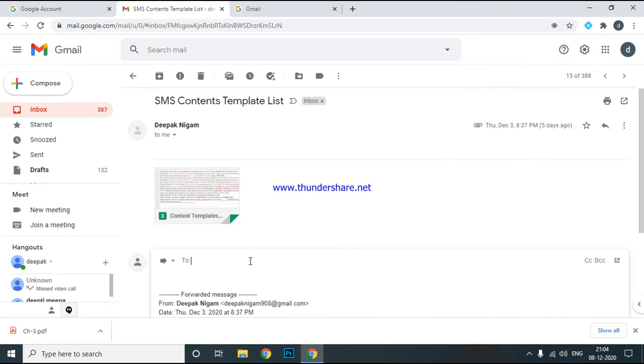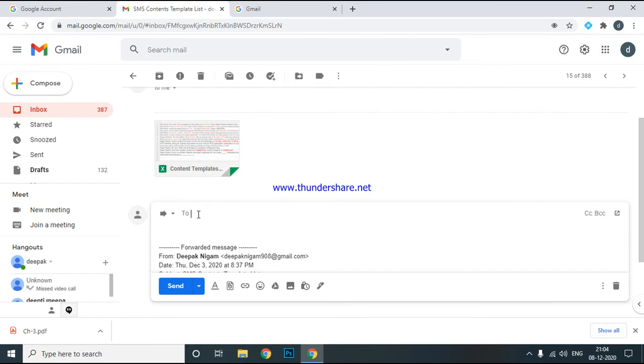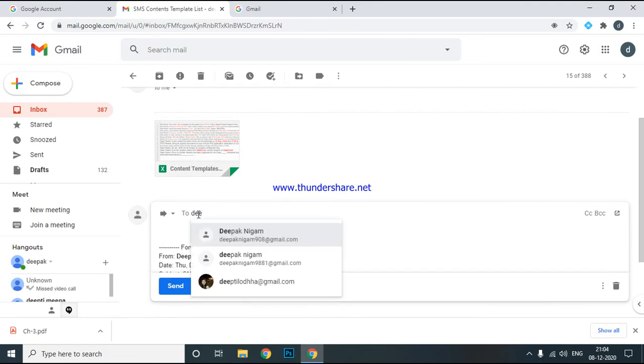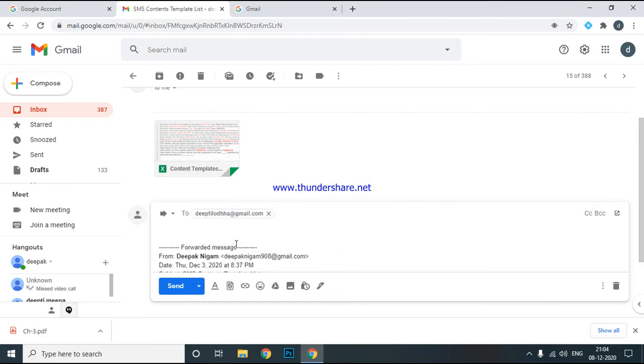When we click forward, you have to write the email ID of the receiver, and after that you can click on send. The mail will be sent to the selected email address. So this is the basic difference, children, between reply and forward.